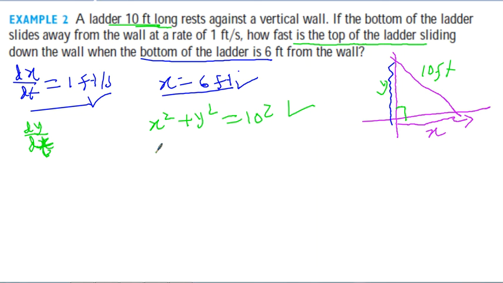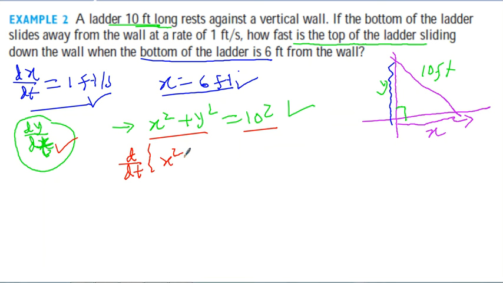Now how can I solve it, because I need to find out dy by dt. I need to think about how to get dy by dt. As I have already told, we have already done differentiation. If such a type of problem comes, how do you attack it? Simply differentiate both sides with respect to t, because you want to find dy by dt. So differentiate both sides by d by dt: x square plus y square is equal to d by dt of 10 square.